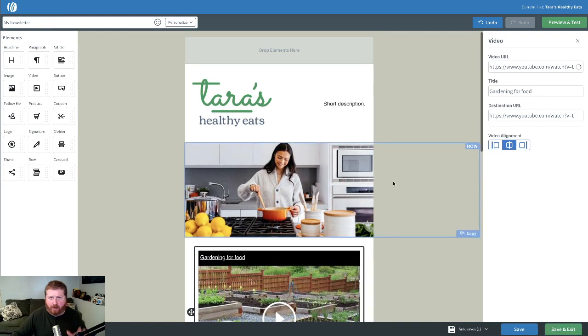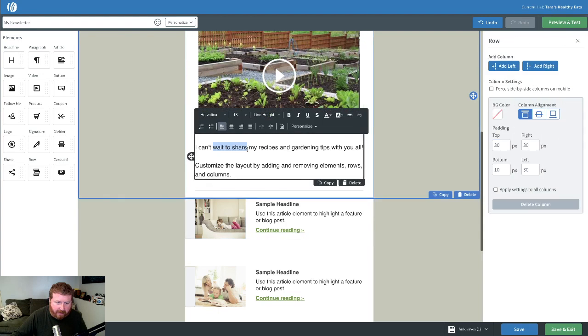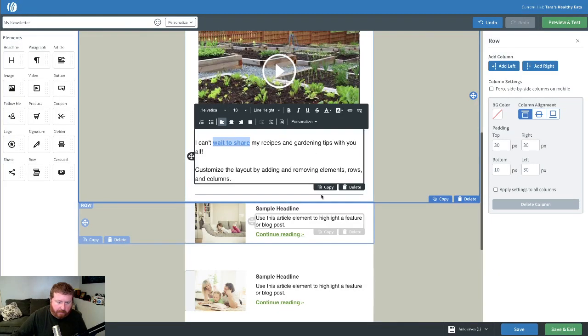Oh, before we actually go, I want to show off one more thing real quick, because this is something people will probably be wanting to do. You'll probably be wanting to link things within your email. Super simple, just highlight what you want to link, and you'll see this little toolbar appear above the text. This is where you can not only change around things like formatting, color, style, stuff like that, but this is where we can also add a link to some text if we wanted to. All right, now let's go ahead and save that.